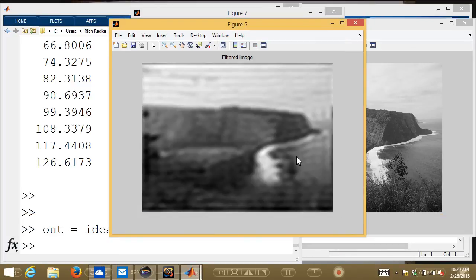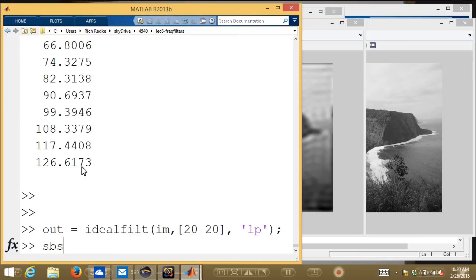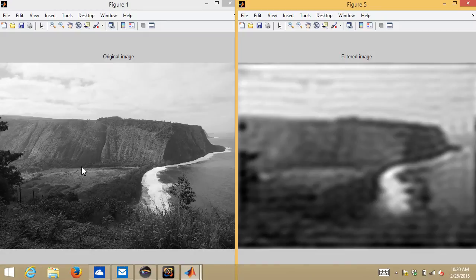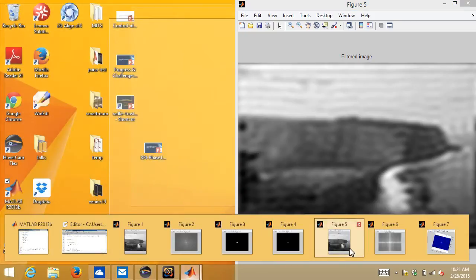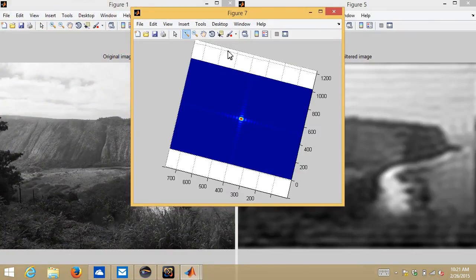Not only is the image blurry, which we expected, but there's also all of this weird wavy stuff that I've introduced in the image. If I look at the original image versus the filtered image, there are definitely some weird artifacts. It looks almost like there are lines rippling off the top of the valley, right? We're going to talk about why that is in just a second, but you can maybe guess why from looking at the